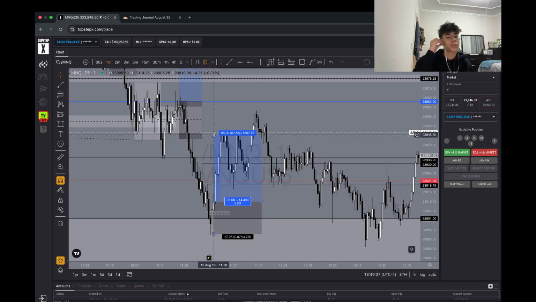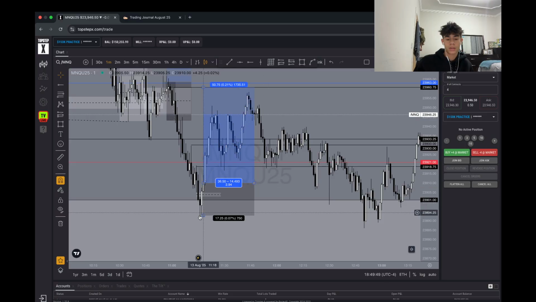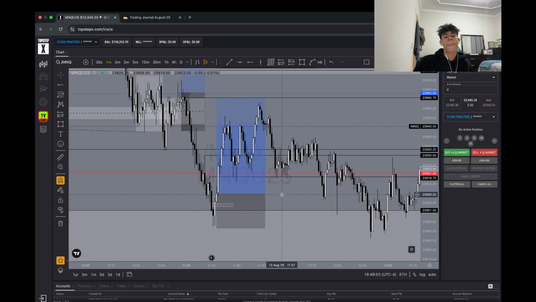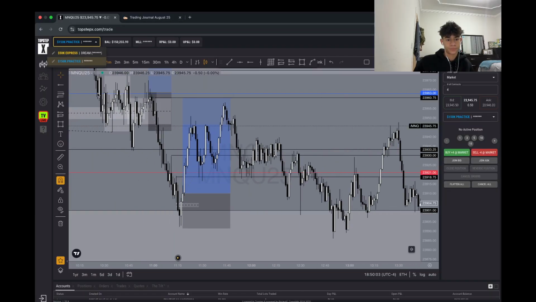I know I just don't need to take multiple trades a day. TP was at that internal high right there, and stop loss was below this SMT low. It was an alright trade. I took profit once we hit this, and I was already at break even, so did all that. But